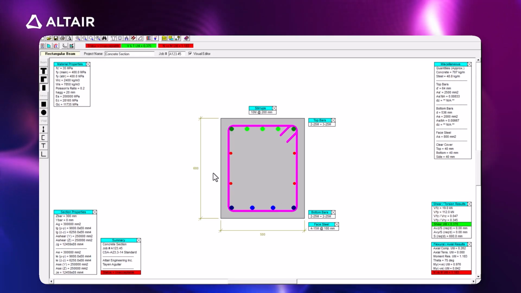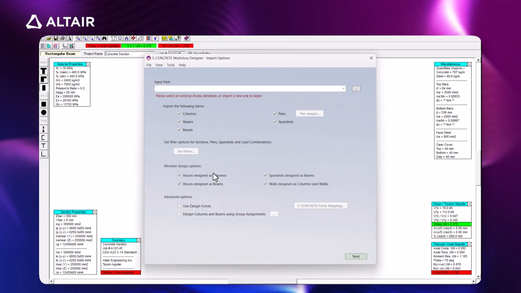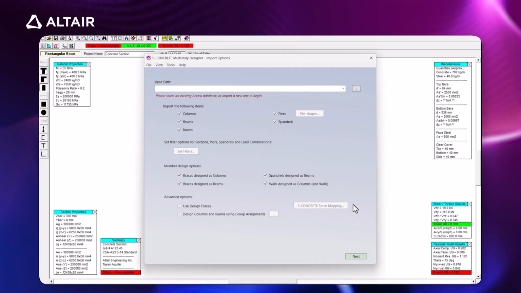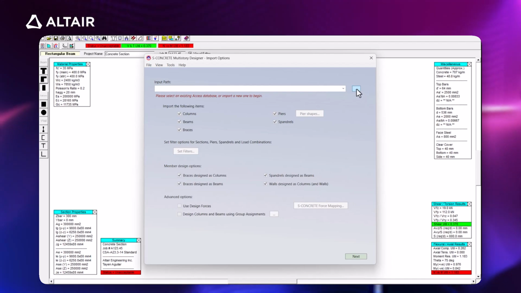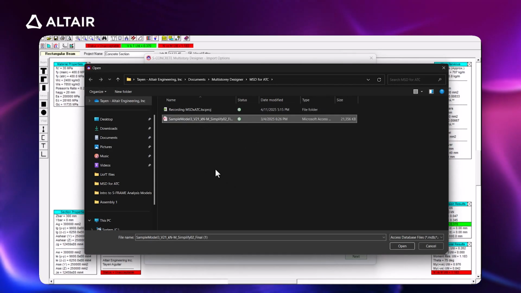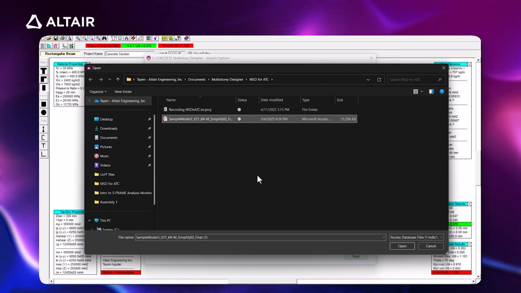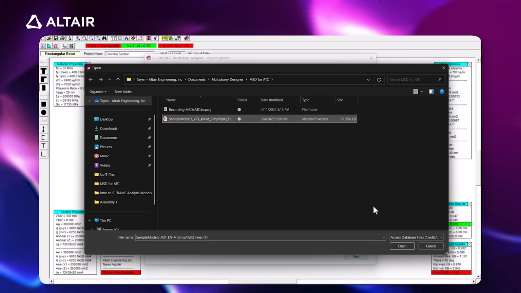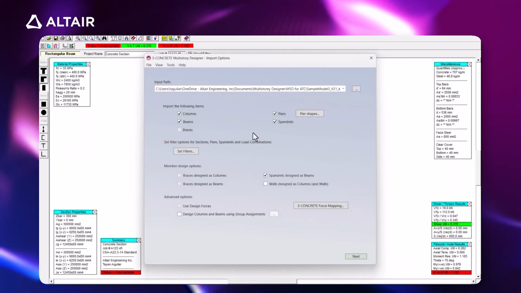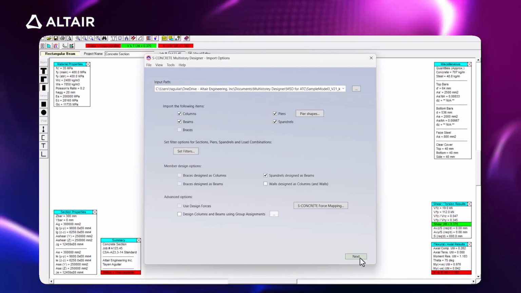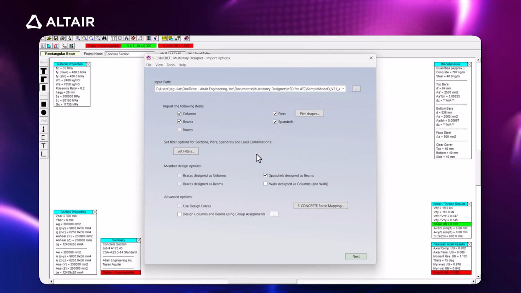Now, when we're back into S-CONCRETE, we have here Run, and we have the S-CONCRETE Multi-Story Designer. So once we open this dialog, the first thing that we need to do is to select the Access database where we want to import our model. So I click here, and I have this ready-to-go Access database, which is the same that you will have access to. So click here and open, and once the model is loaded, you'll see that the Multi-Story Designer automatically detects and categorizes the structural members, such as columns, beams,